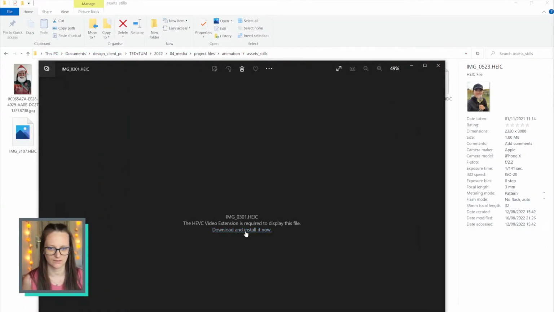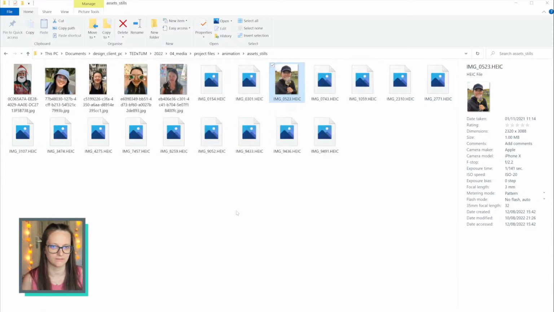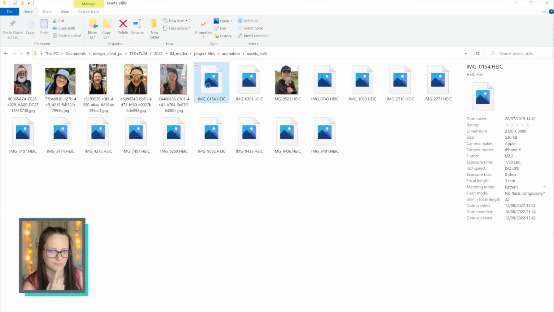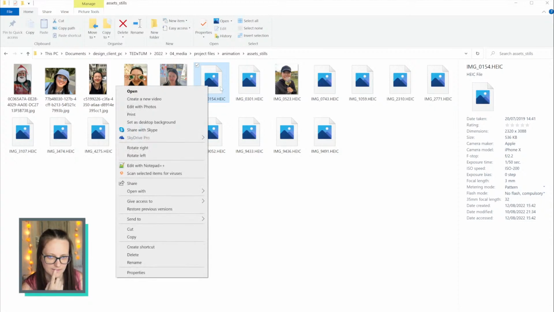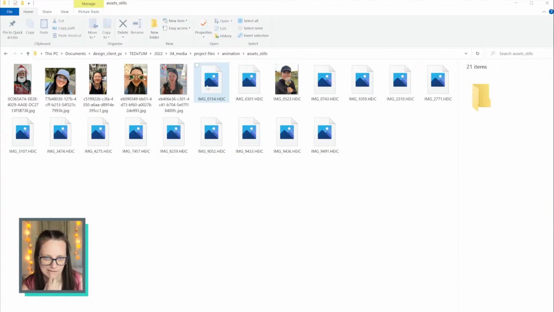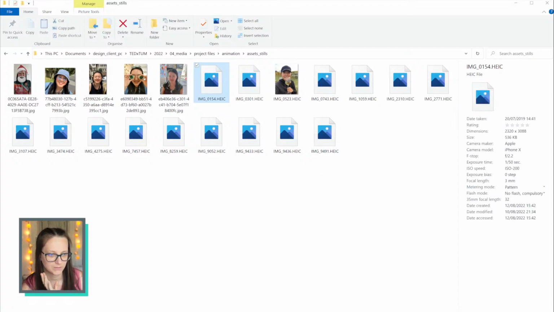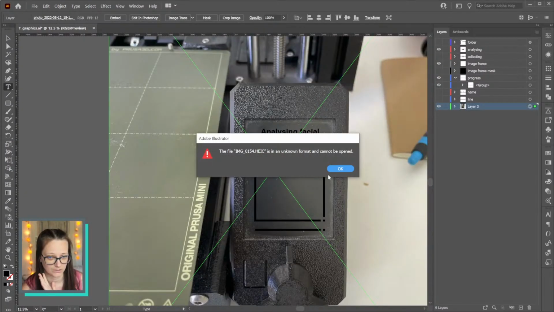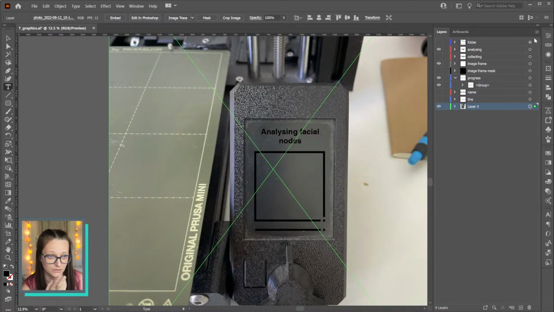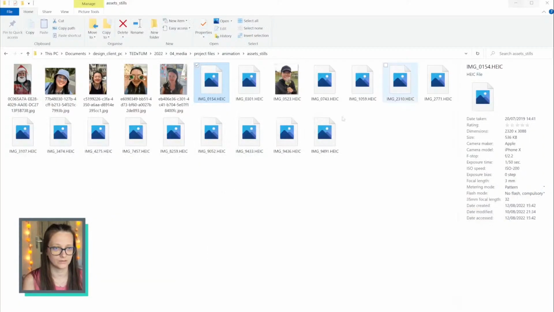The other ones don't work, and I don't have anything to convert them, I don't think. Let's see if I can just drag it into... Maybe Adobe can just magically read it. Nope. Adobe cannot read it. Okay, so, Albert, if you can convert these to JPEGs or any other type of Windows legible format, that would be very helpful. In the meantime,